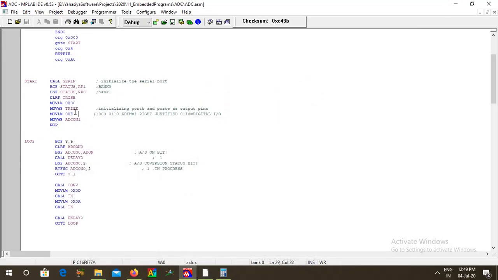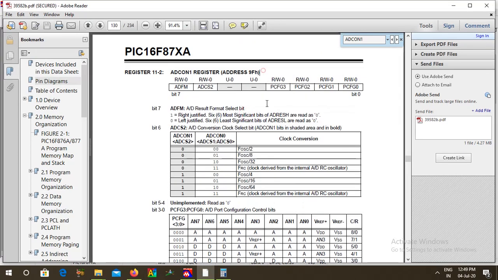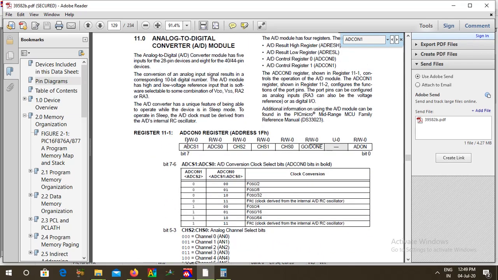So we initialize the serial port as well as we did the analog to digital conversion initialization. After that we are coming back to bank 0. In that we clear ADCON0 completely, we make it 0. ADCON0, when we make it 0, this is the configuration.